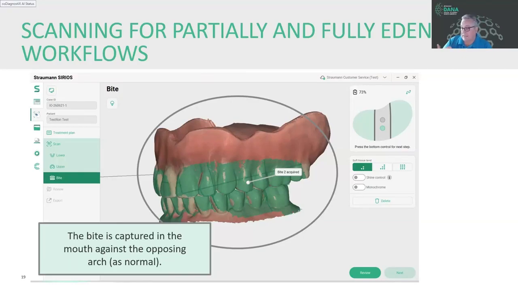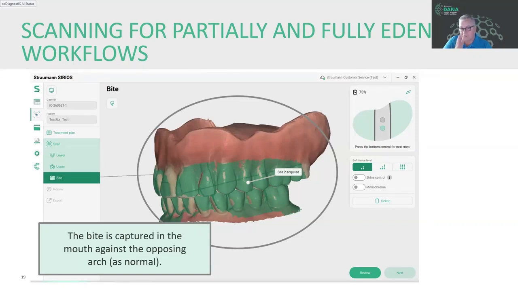Advanced scans are very technique sensitive. So these are things that you will want your staff to practice on. This is not something they're going to get right the first time they try it. I'm going to go over some tips and tricks for you this evening, to tell you how to best accomplish these